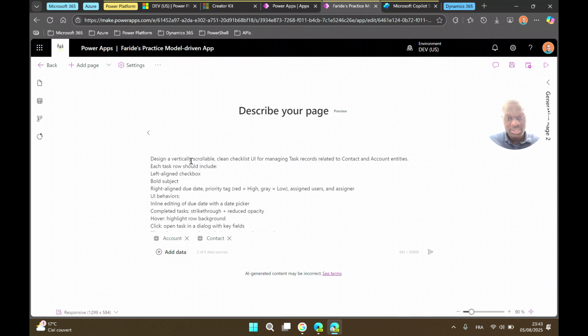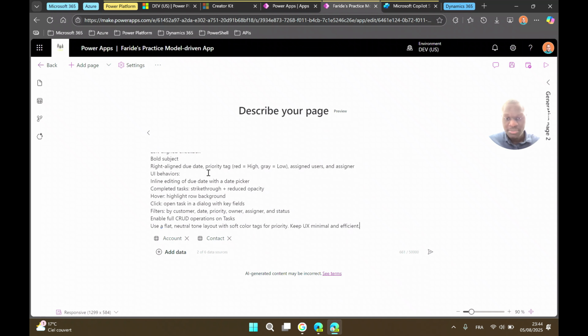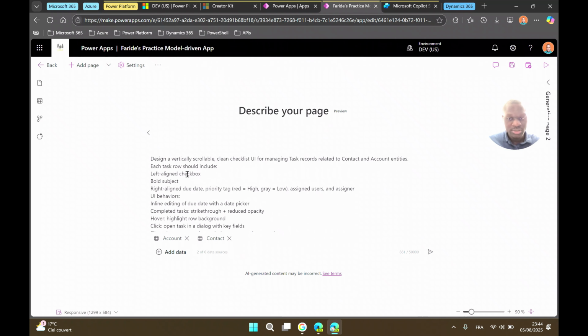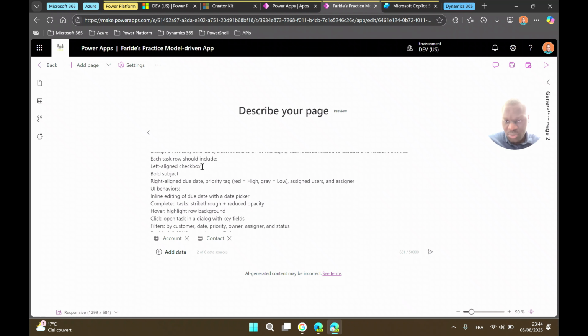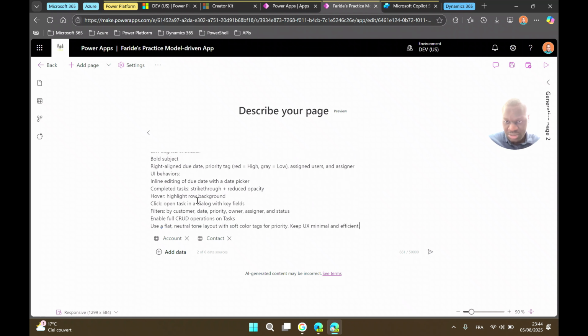I have already prepared my prompt. I just want a design and a clean checklist UI for mapping task records related to contact and acquaintance entities. Its task row should include this. And also the hover, the click, open the task in a dialog with key fields.